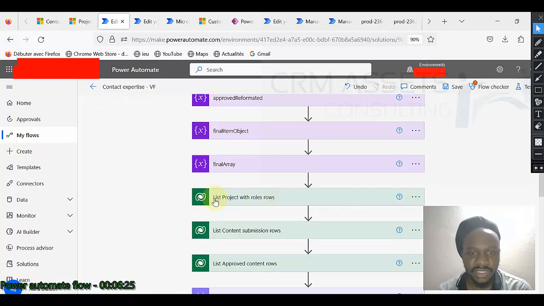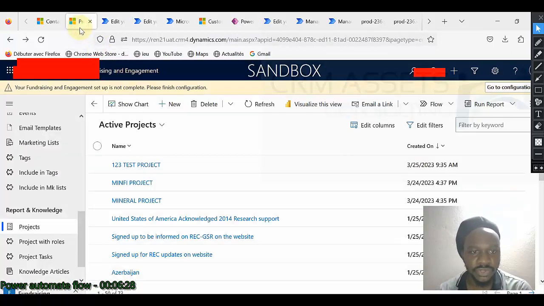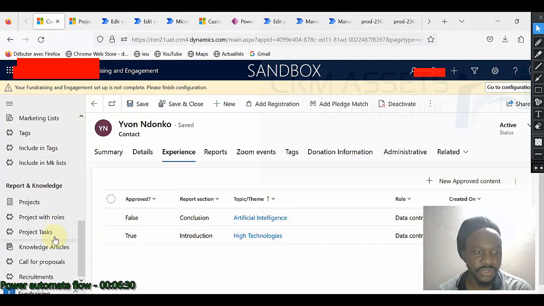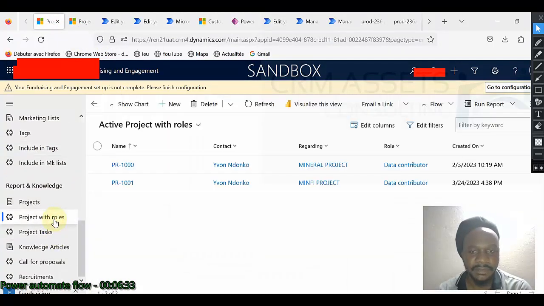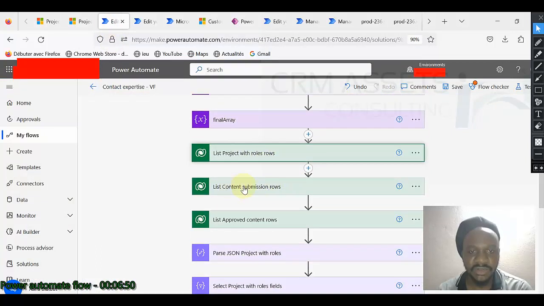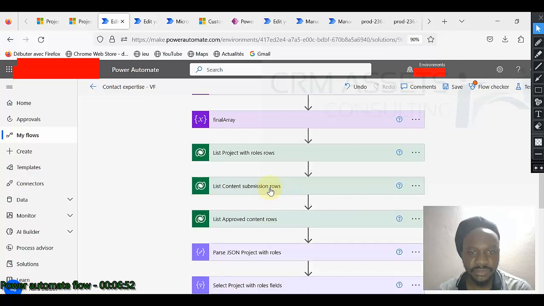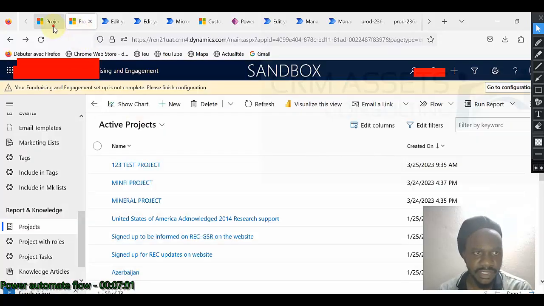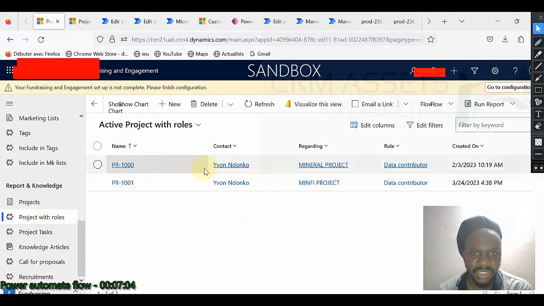So I just list project with role rows from here, because I need to know in each project the guy has worked and having his role and so on. That is why I need to list this entity. I also list content submission, okay, to get the different content submitted by the guy, because remember, from this entity